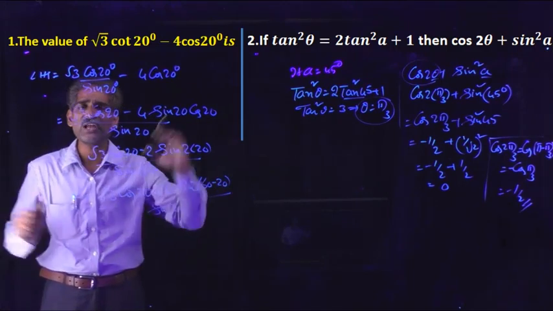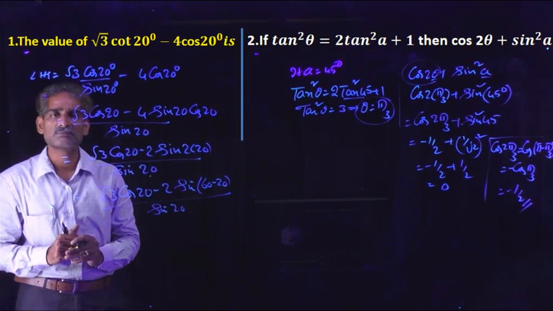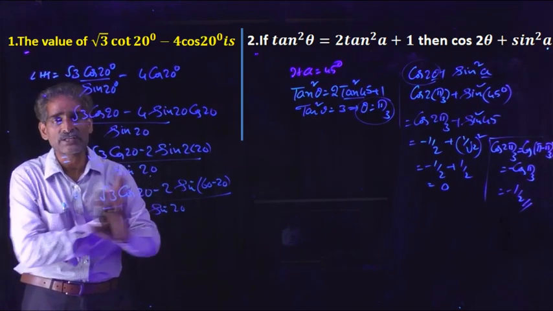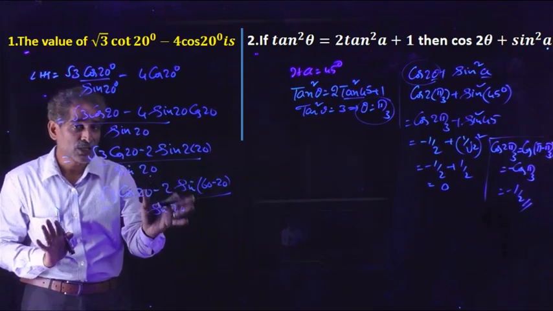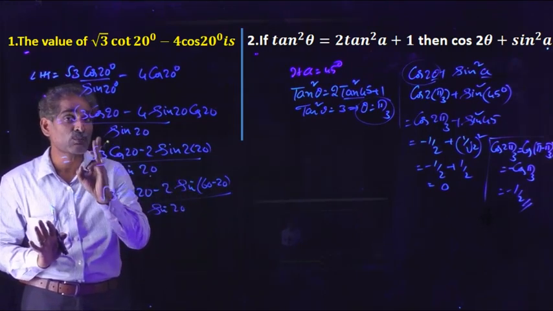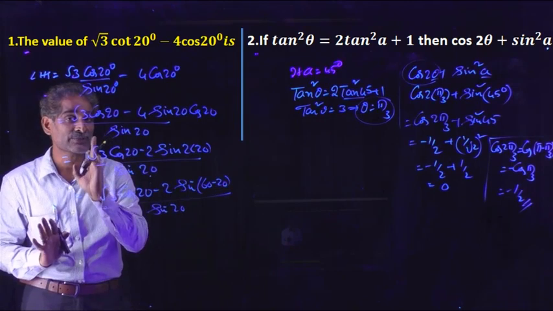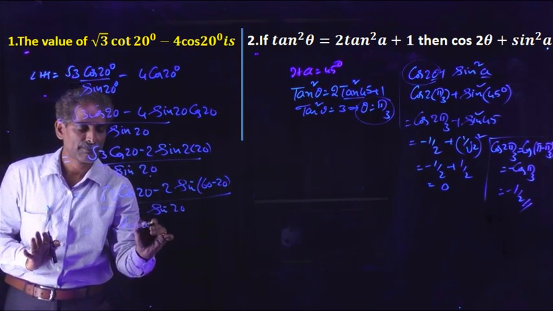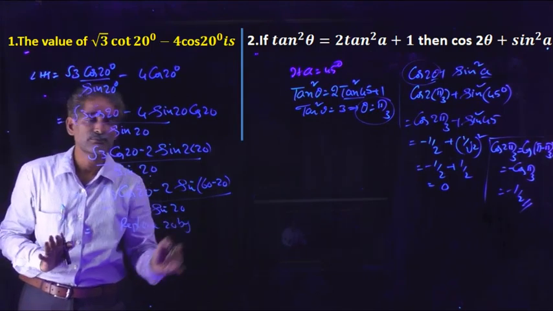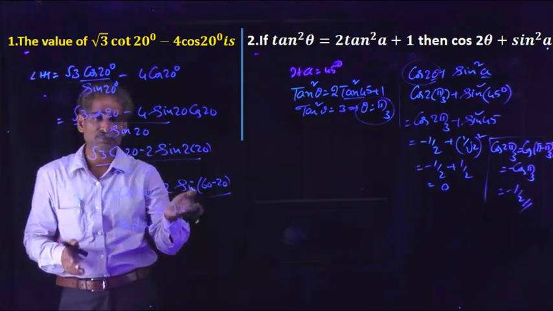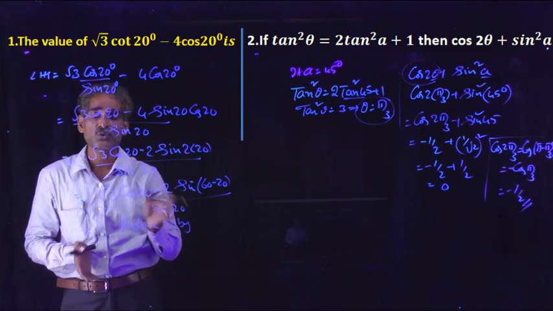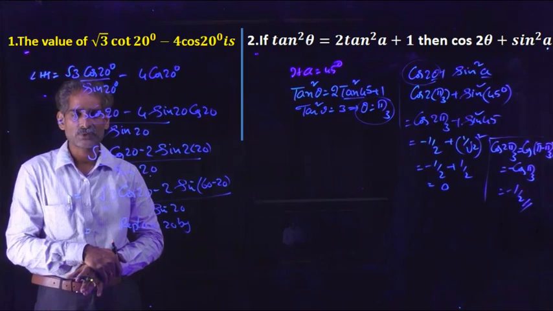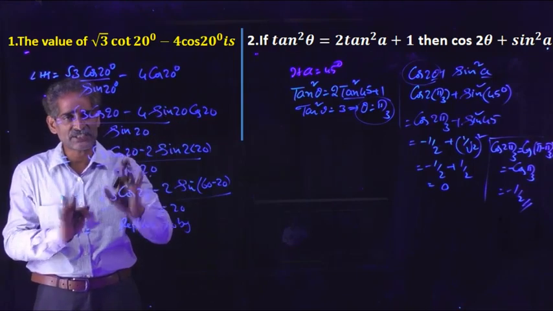If you take any value in place of 20, you will get the answer. 30 degrees, 60 degrees, if the angles exist, you will get the correct answer. This type of approach is possible only when there are 3 or more functions. In case of 3 or more functions, okay, so simply replace 20 by, if you take 0, the denominator does not exist. So 0 is not a suitable value to replace. So you can take any value. If it exists, no problem.